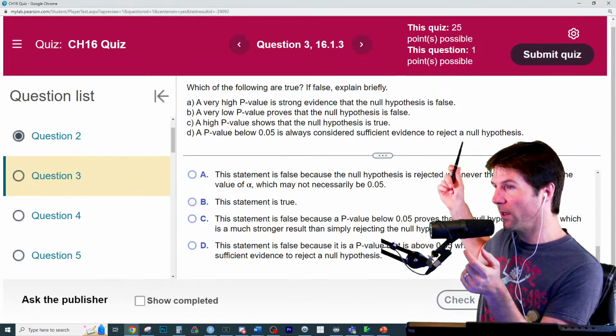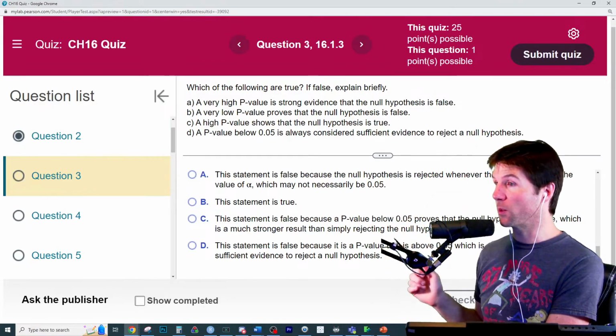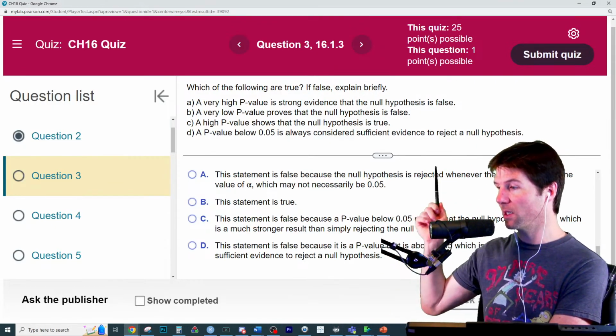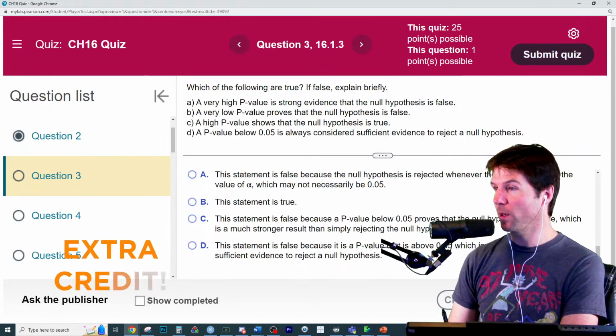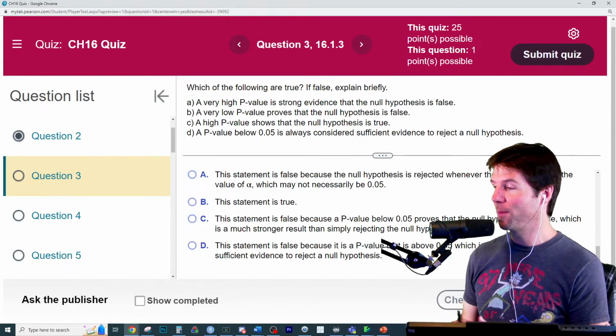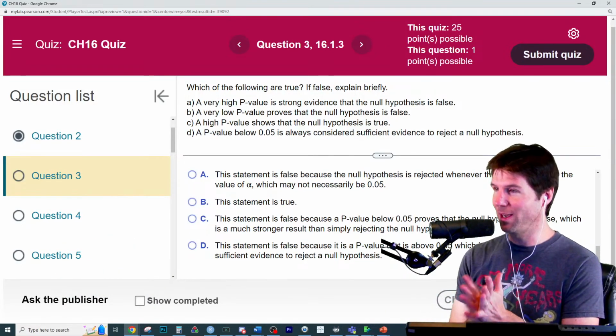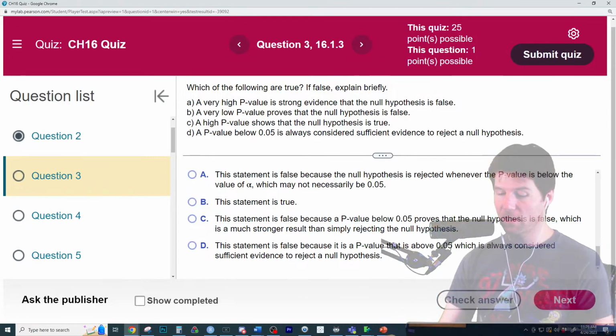A good question, Millen, right there, because whether or not you reject the null does not mean it has practical significance. It only means statistical significance. So, Millen, amazing questions and answers. And feel free to drop some questions. We could do some 322, talk about the end of the semester stuff we got planned. I'm going to probably do some fast baseball R with you guys, and might try to invite a special guest in.